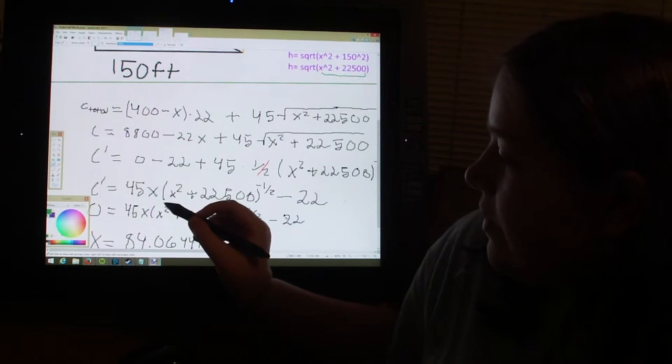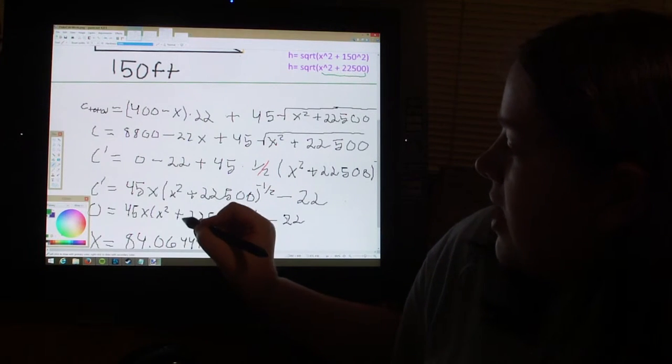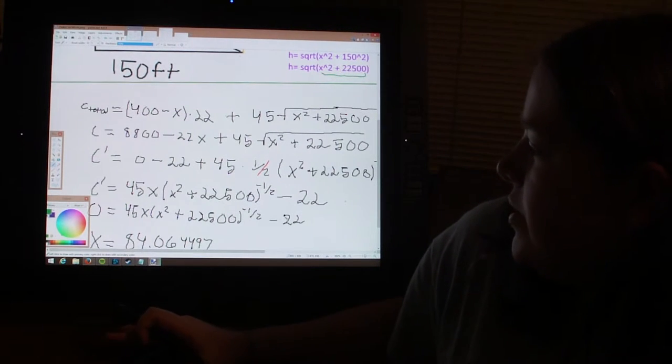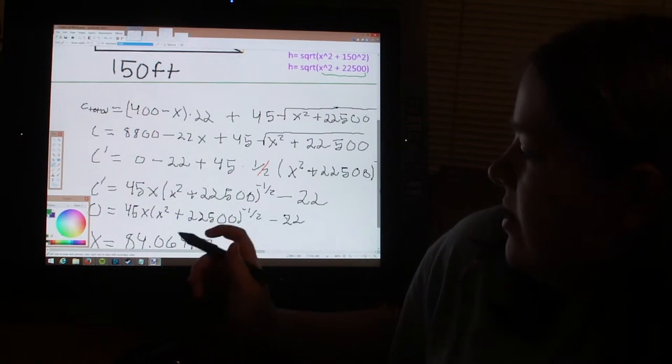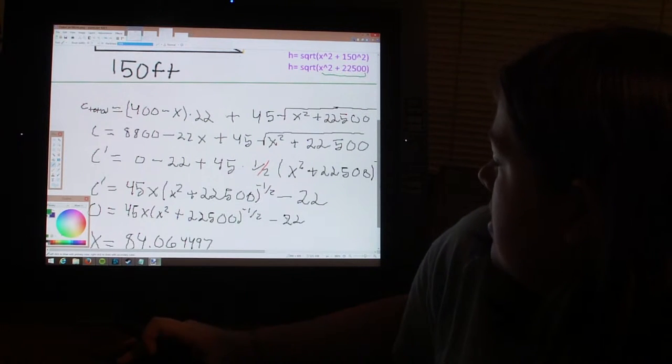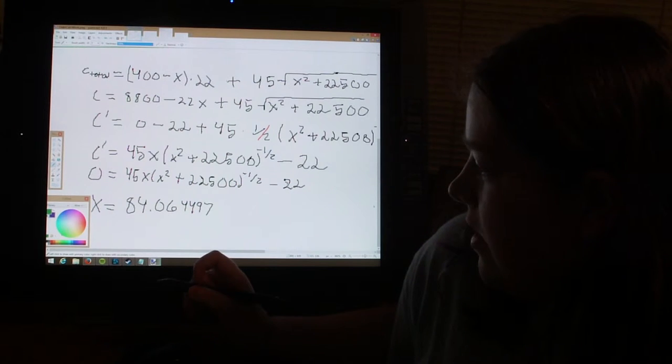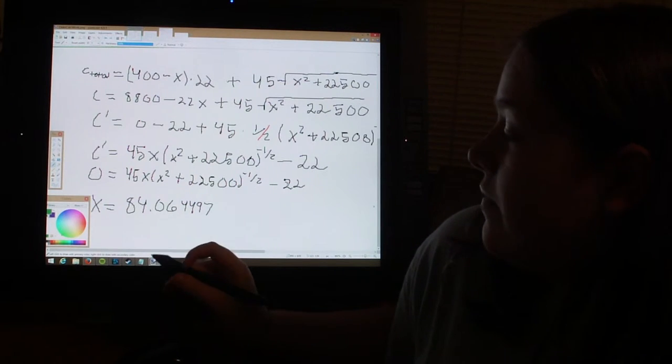So your derivative function will be 45x times (x squared plus 22,500) to the negative 1/2, minus 22. You then set that equal to 0, and you find that x is